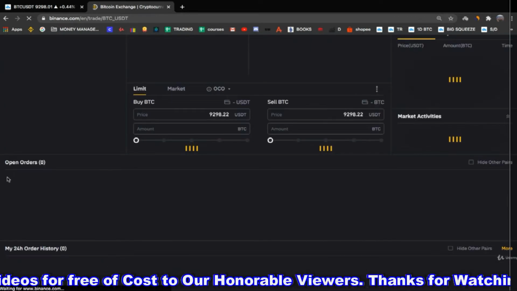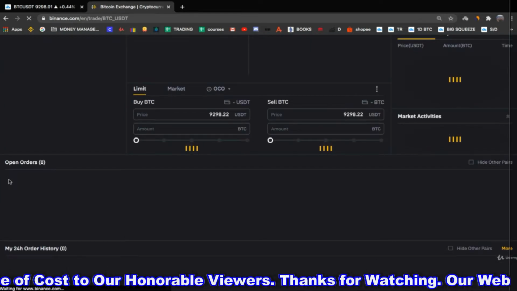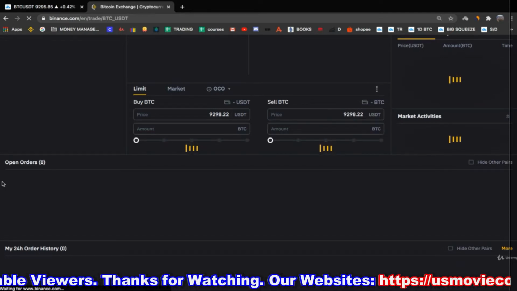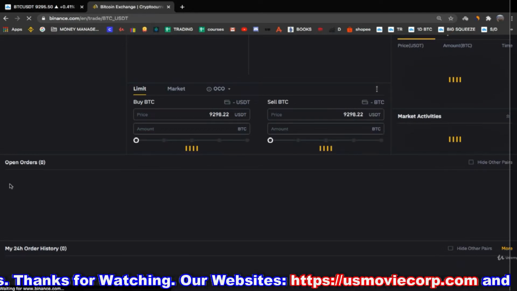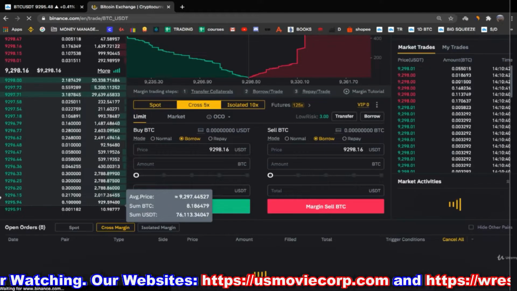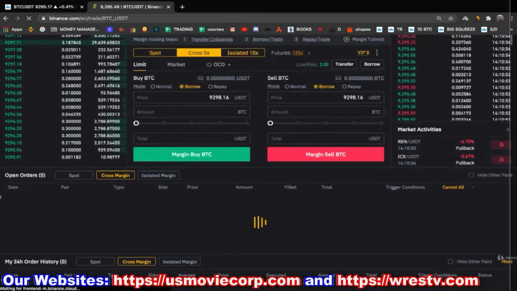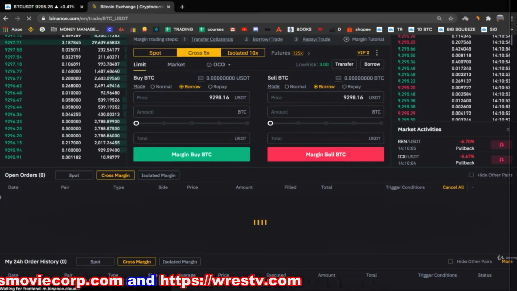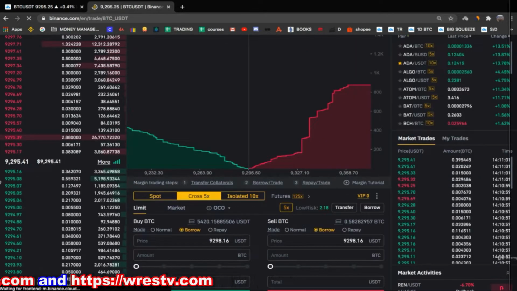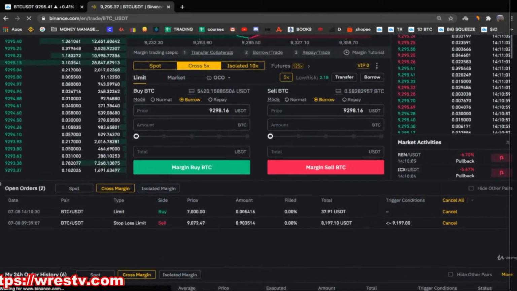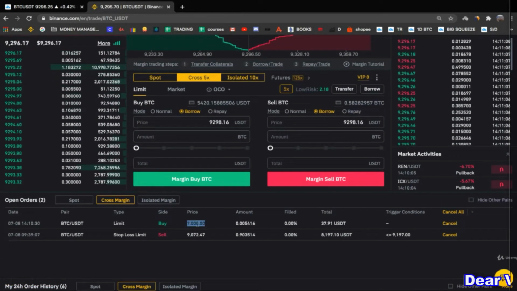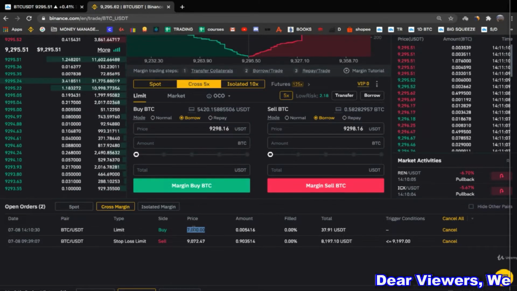The idea is that this order will be executed only if the price reaches there, right? This is key, so you can miss the boat, right? This is why I'm saying that with the market order you are buying right away. With the limit order, here is the order. Okay, now as you can see, we have a limit order. Now this order will be executed only if the price reaches here again.